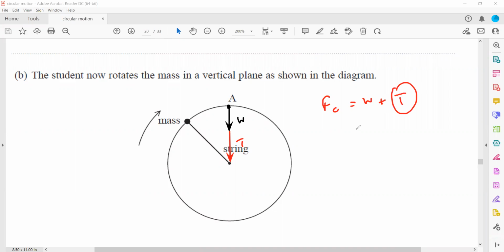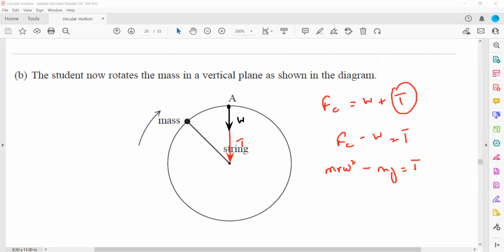So if we need the tension here, that will be the centripetal force minus the weight. The centripetal force is mr omega square, and the weight is equal to mass times gravity. So we'll substitute